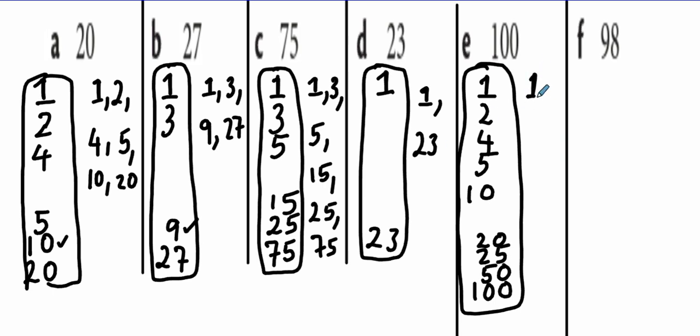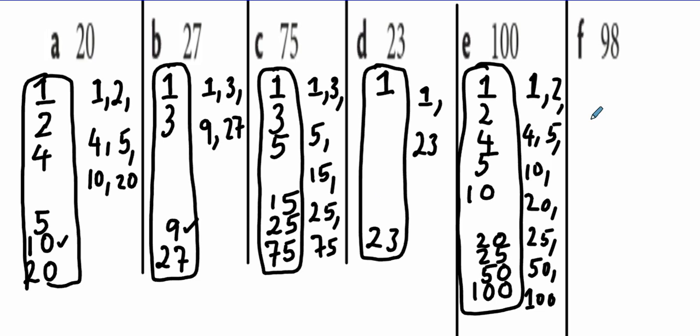You can list them like so: 1, 2, 4, 5, 10, 20, 25, then 50, and lastly we finish with the number itself. Cool, yeah? Good. Factors of 98, start recording